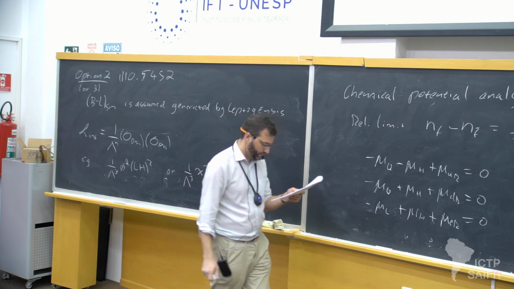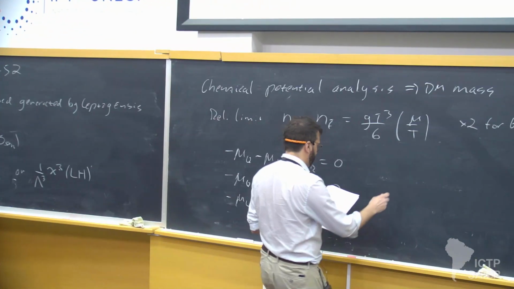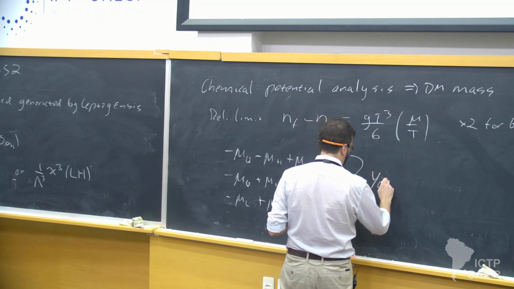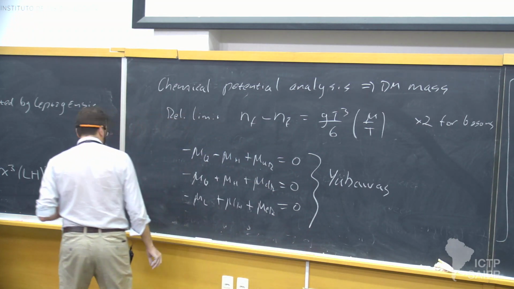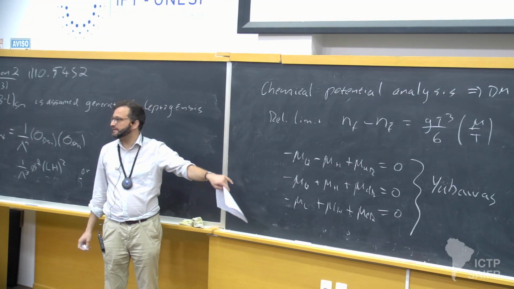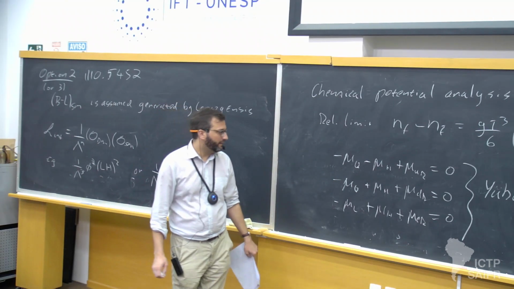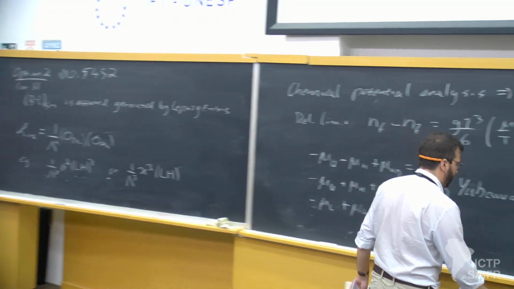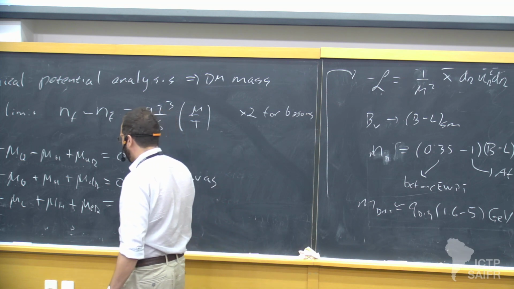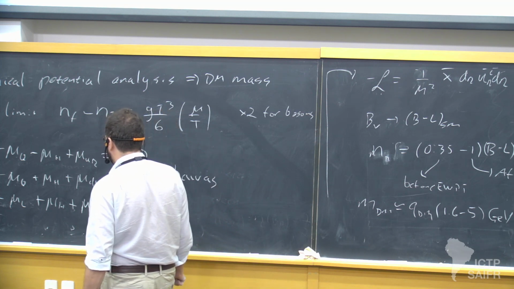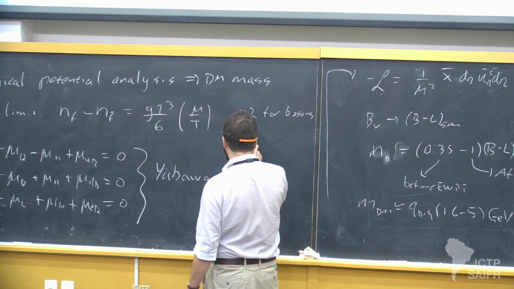So these are the Yukawas. Then we have a relation from the, so these are the Yukawas. Do you understand where these come from, or should I write it out? Okay, so let's see, for example, this one here, we have a Yukawa coupling, which is